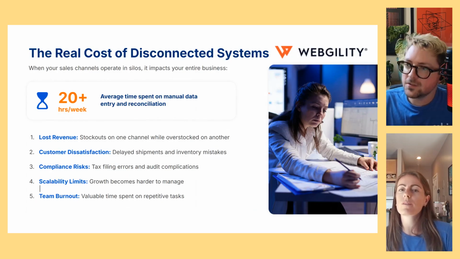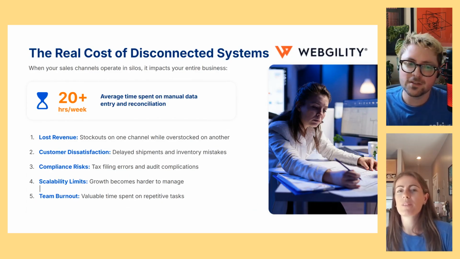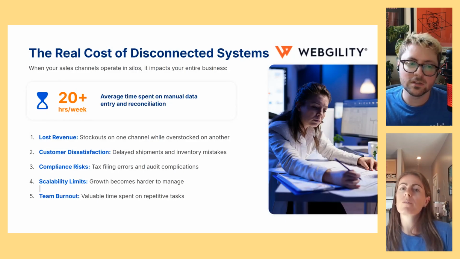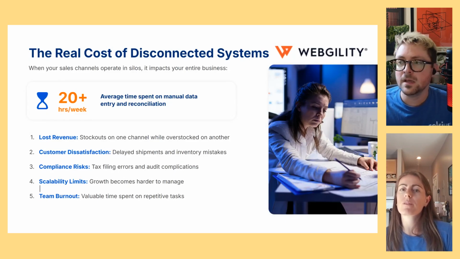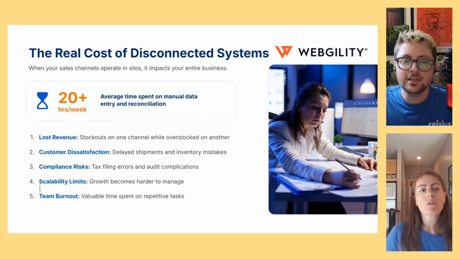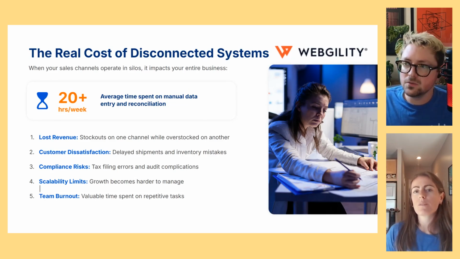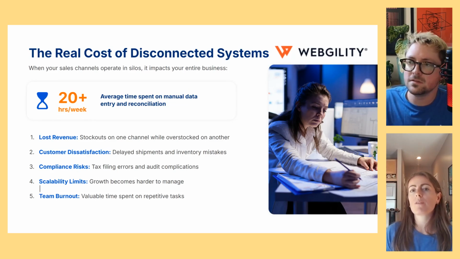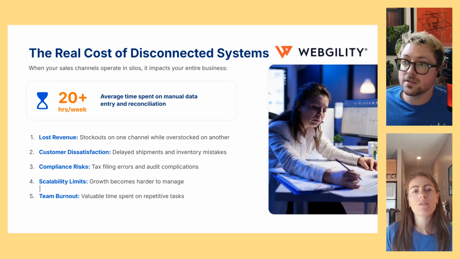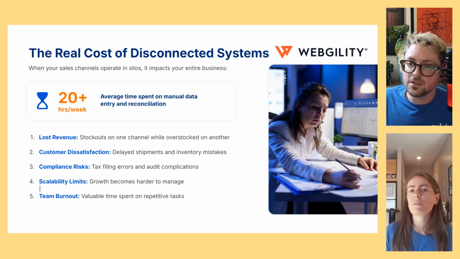And that chaos leads to, we'll just say expenses, right? So when you have that disconnect between all of your systems and you spend all that extra time, you're spending money on labor either for yourself or across your teams, right? So this 20 hours a week that I have here on the slide is the average time that people generally spend manually inputting data across their stores. Obviously, it's higher or lower depending on the amount of stores you have, but across all of your teams or consolidated into a small team, that can cost you a lot of money, cost you a lot of time,